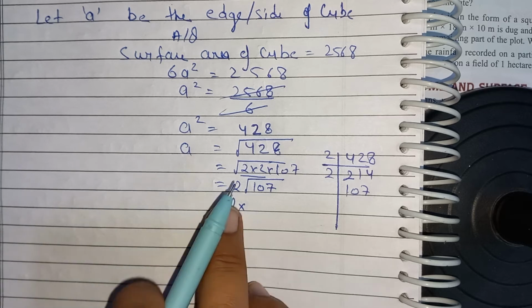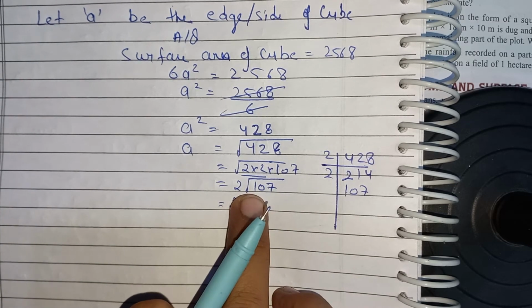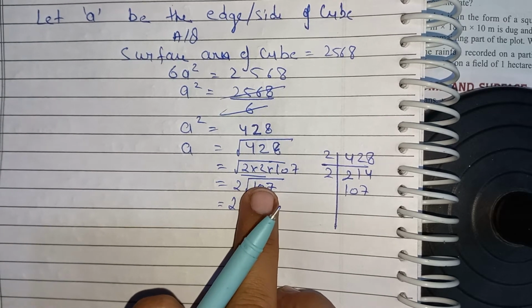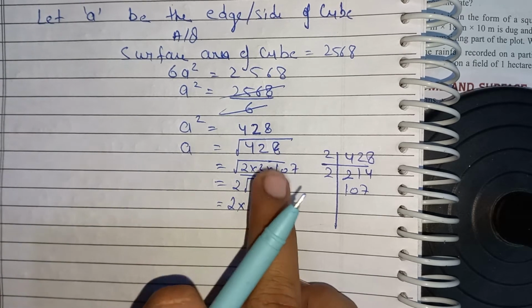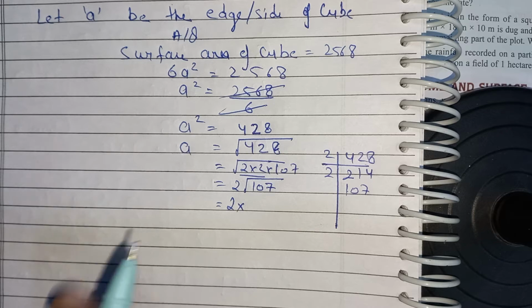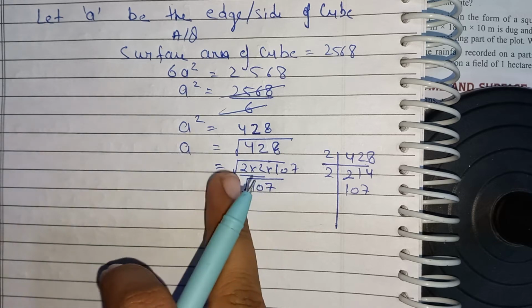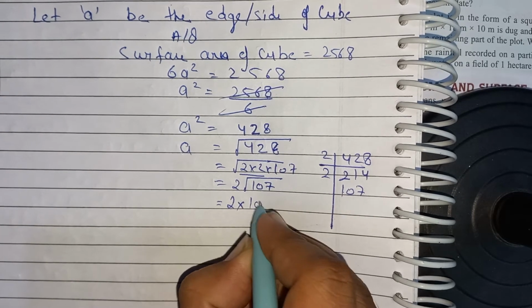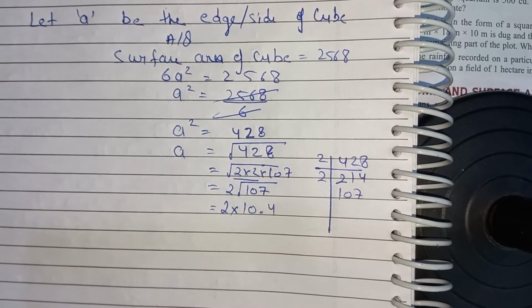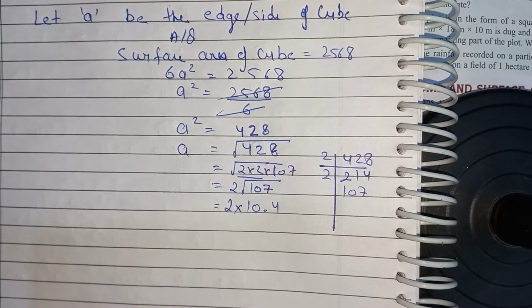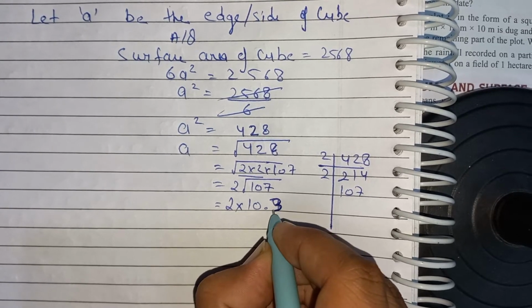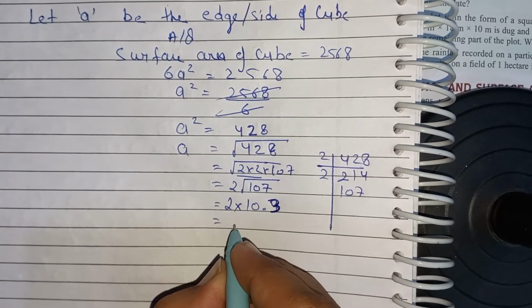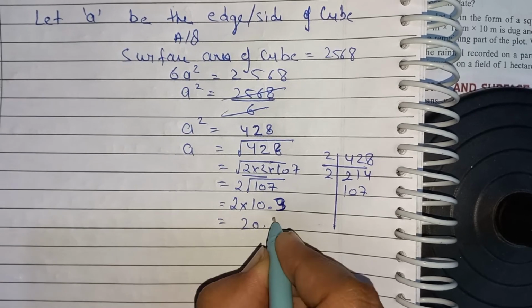This trick is 99% effective. What is that trick? If 100 is mentioned here, then 100 is the square of 10, and 121 is the square of 11. So the root lies between 10 and 11. To take it, 10.4 or 10.3, it doesn't matter. The final answer is approximately 20.3